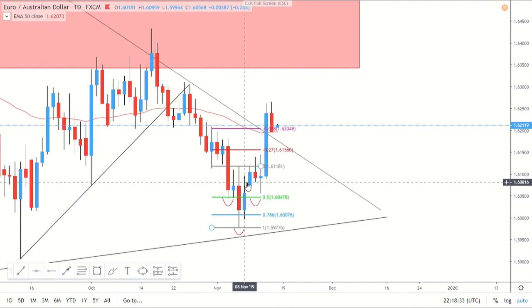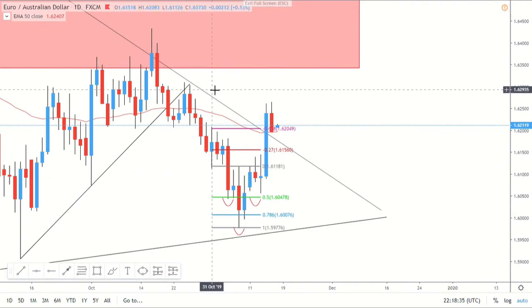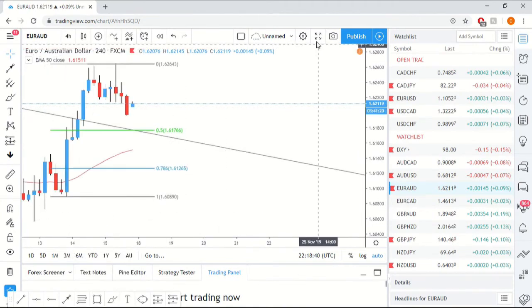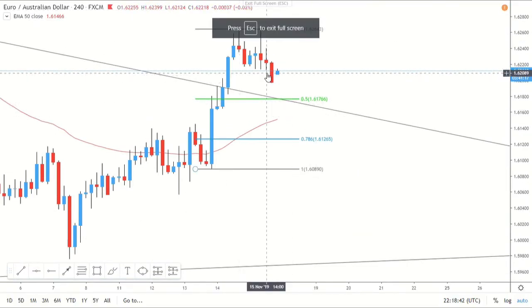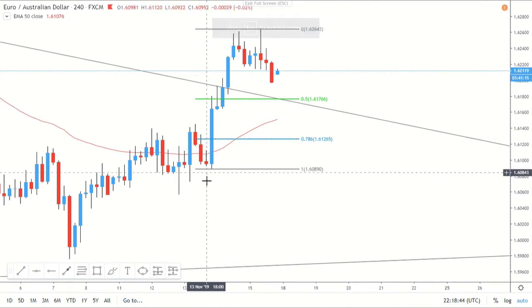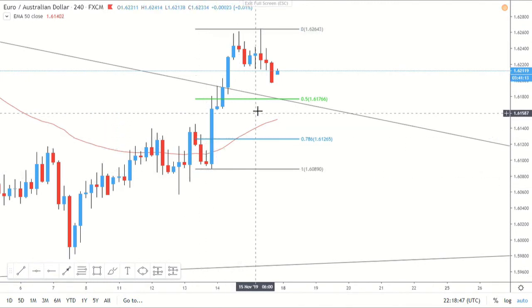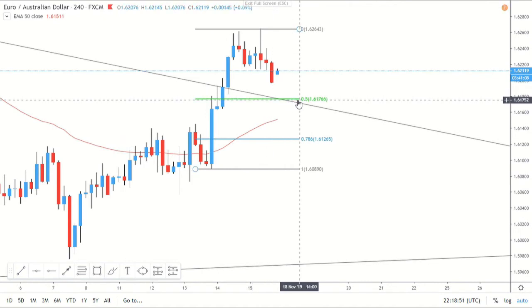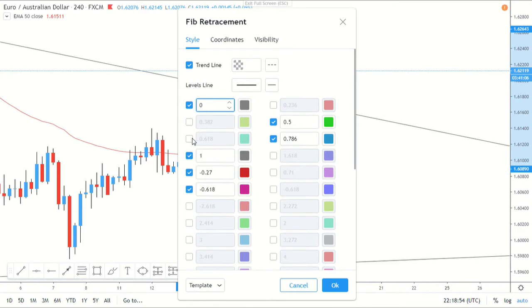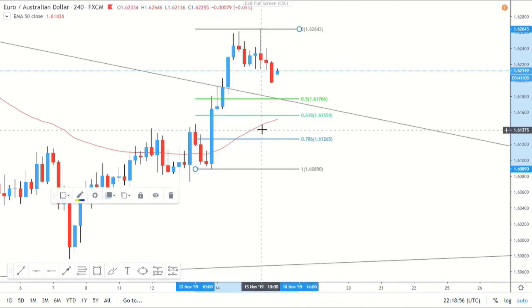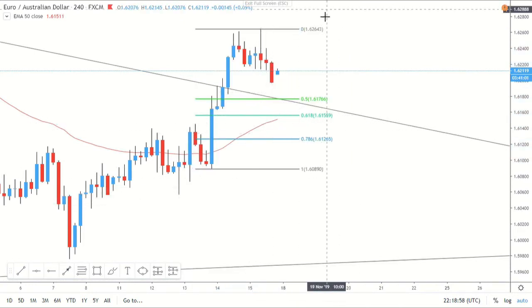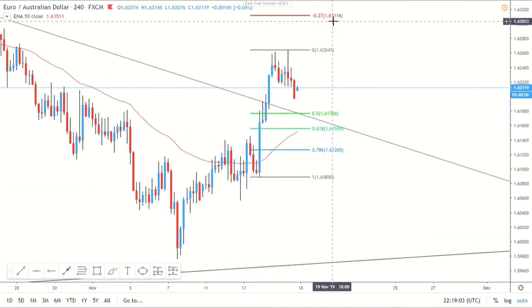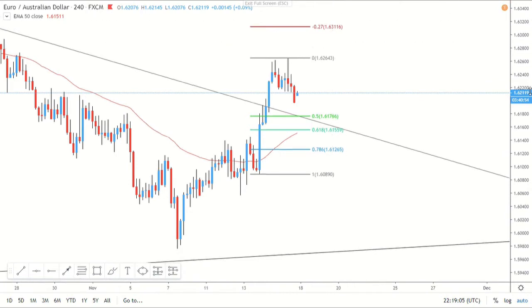But my analysis is still correct, and we could potentially look to take this higher. So if we go into the 4 hour, we can see I've added this fib here, so 0 the new high that was created, 1 at the low, and then we can look for sort of a 0.5 maybe retest trend line and retest of the 0.5 Fibonacci, or there's also the 0.618 fib, which is just by the 50 EMA to look to go long. And if we can go long, we have sort of the minus 0.7 at 1.63116, or we could potentially go